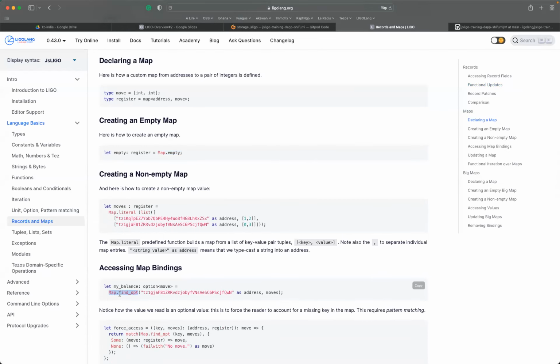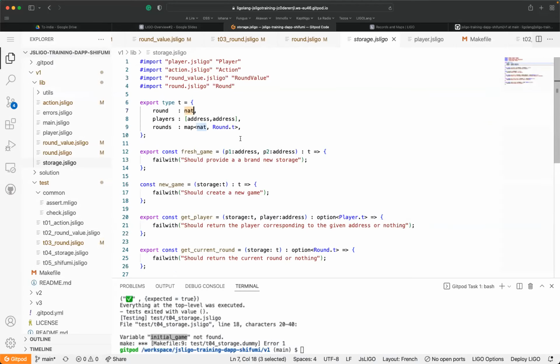Accessing the map is done thanks to functions like find opt, and find opt takes the value which has been used as a hash value and gives you the result or maybe nothing, which is an option. Okay, so here we are going to see a lot of things. We are going to see the map, the optional, and so on, just thanks to this construction. So first, I'm going just to give you the initial game, which is this one. So I let you read this code.